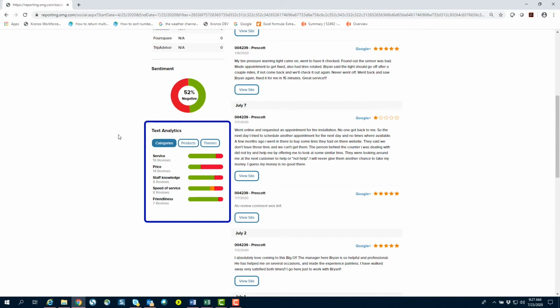Within categories, we can see that pieces that fall under that bucket are service, price, staff knowledge, speed of service, and friendliness. If we were to continue and click on products, this is going to show us tires, oil, wheel, truck, and family. These are keyword selectors that have popped up in reviews that allow us, again, pinpoint accuracy to highlight these opportunities